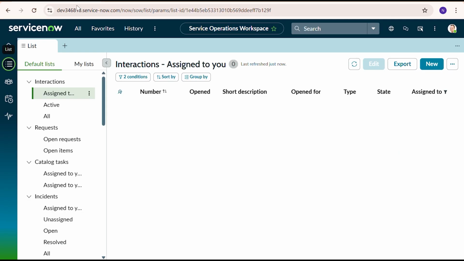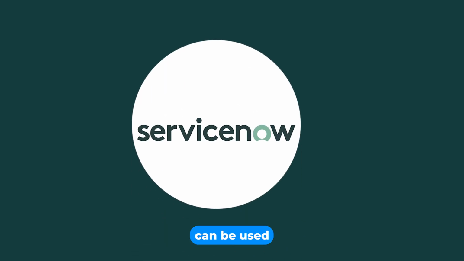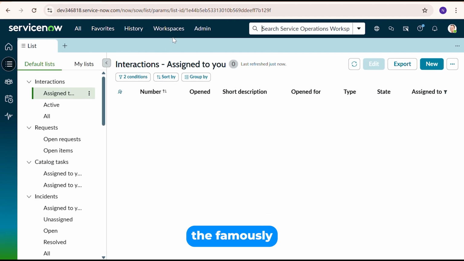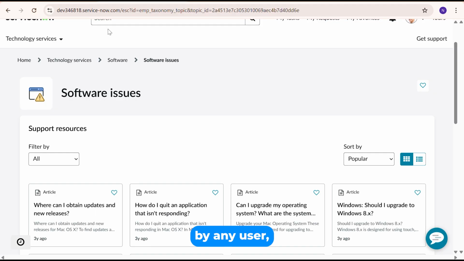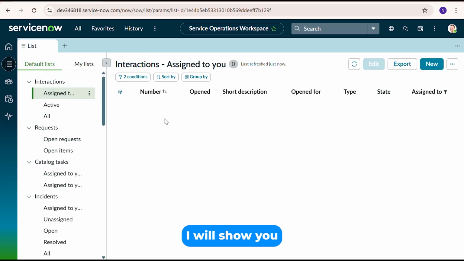Okay, coming back, this is called global search. So if I want to search anything by number, because ServiceNow can be used as a ticketing tool as well. It's a platform, and one of the famous uses is ticketing. Ticketing means if any issue is reported by any user, it will come as a ticket. It will have one number. For example, I will show you